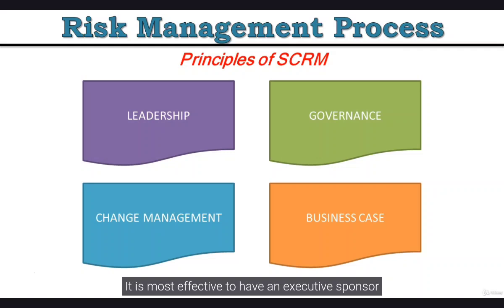It is most effective to have an executive sponsor who is skilled in the area in which the firm faces the greatest risk. For example, if timely transportation of components is the most vital function for a firm, and the one where it may face the greatest risks, then it may wish to have a logistics executive be the executive sponsor of the supply chain risk management team.